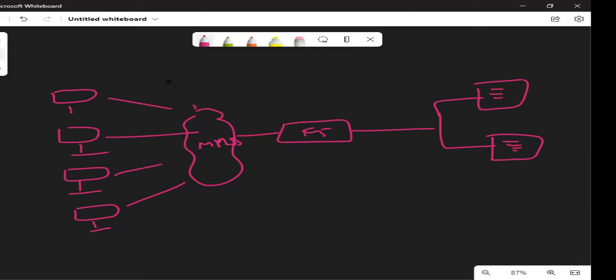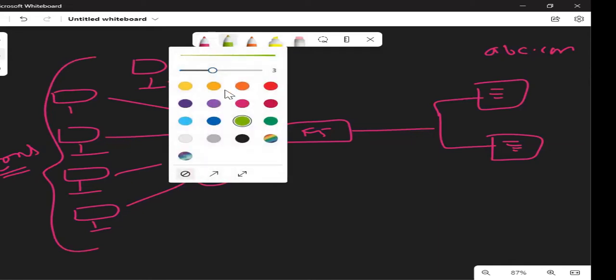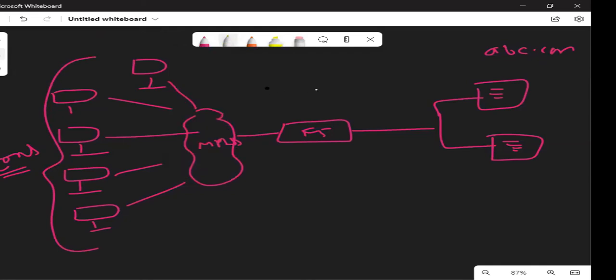Again, let us consider we have an application abc.com. There are tons of users, tons of customers coming to abc.com. There are millions of customers. Because this is the era of internet, if you are sending something over the internet, a man in the middle attack can happen if this is plain text.